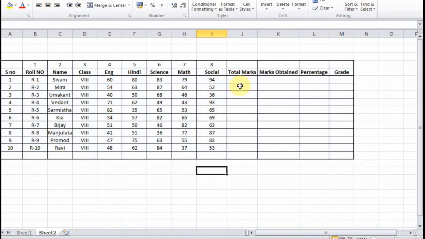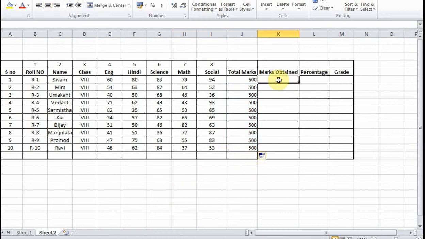Ultimately, now the total marks: here I consider it's 100, and with 5 subjects, the total is 500. I can do this and drag it, and it will be 500. Okay, so total marks will be 500.